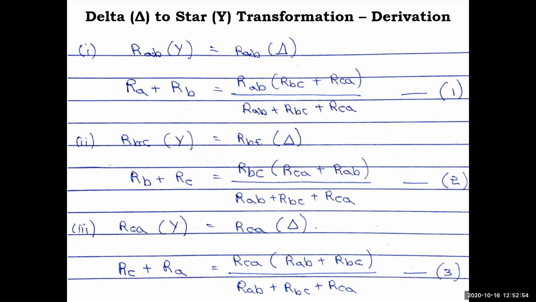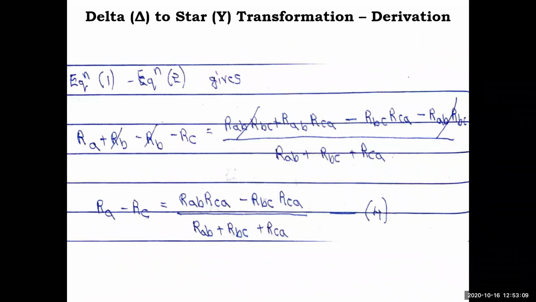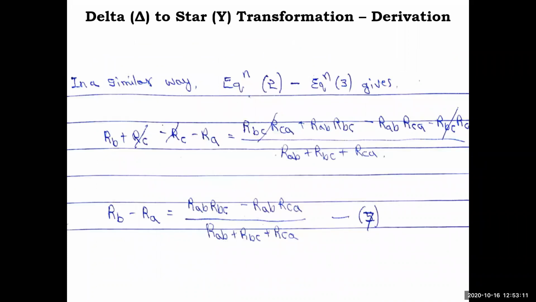So for that we have equation 1 and equation 2. We have RB common here, so that we can do some operation here. So equation 2 minus 1, something so that we will get the RB term. If we get RB minus RC, then we can add it with the equation. Okay, so that is the same way we'll try to do. In a similar way, equation 2 minus equation 3. So equation 2 minus equation 3 we have taken.